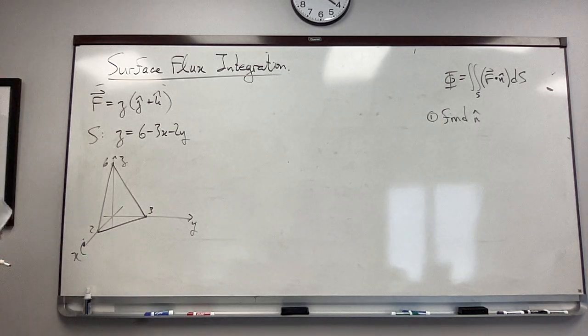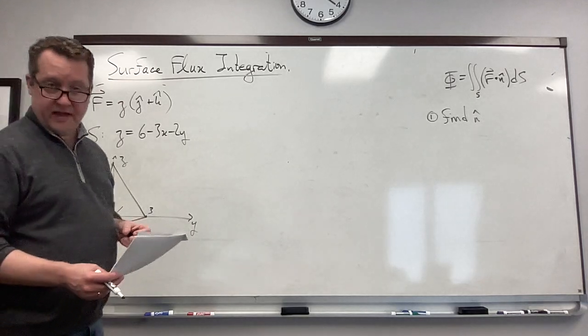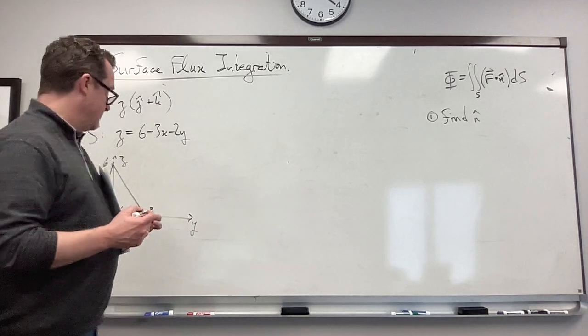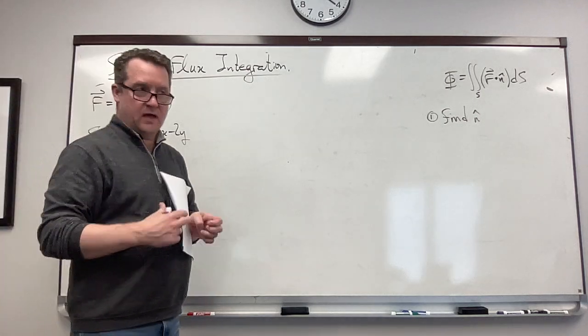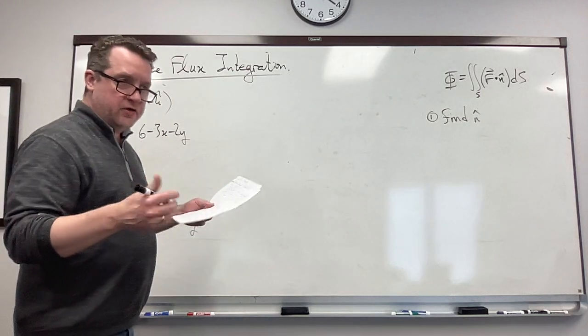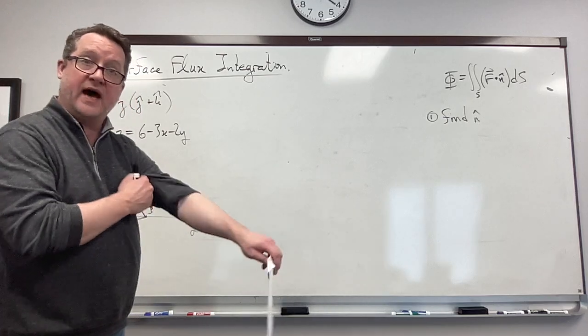Okay, that's our system. So what I need is the normal vector to this surface. I need the normal vector to the plane. So the plane, this thing here, is a level surface. And the direction that is perpendicular to a level surface is found by the gradient of that scalar